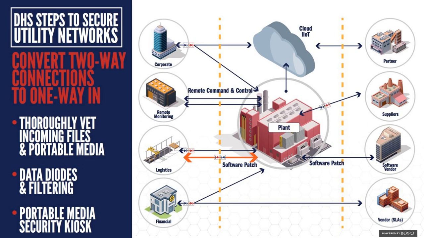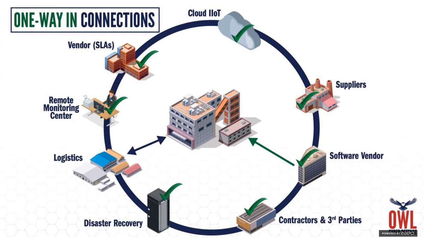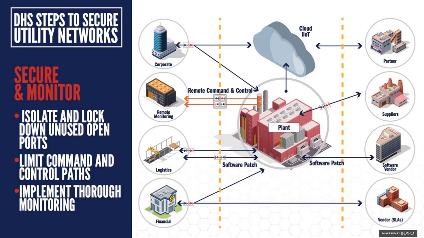You're preventing someone from leveraging it and attacking the network. So if you look back to our network here of entities, third parties that are connecting, we've now gotten rid of the two-way ins, and that's now a one-way in, and that leaves us with one of the blue lines that's still a two-way. In this case, that's one we can't get rid of. So what the DHS says here is, if I've got